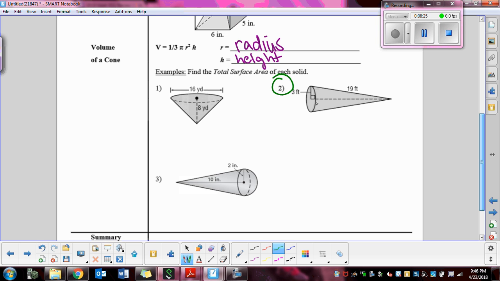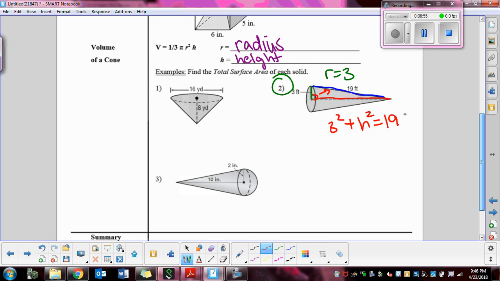So I know that my radius is 3, r equals 3. And I do not know my height. I know my slant height, which is 19. So what we're going to have to do is find the height. Again, we're going to use the Pythagorean theorem. But in this case, my hypotenuse is always opposite that right angle. My hypotenuse is 19. So I have 3 squared plus my height, which is what I'm trying to find, squared,